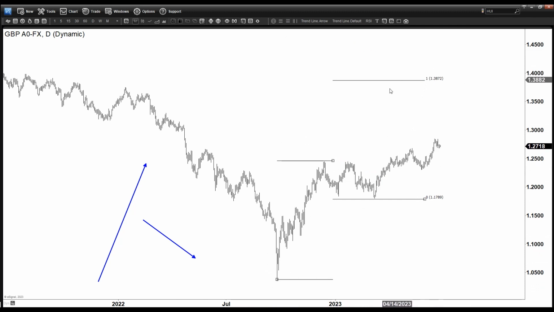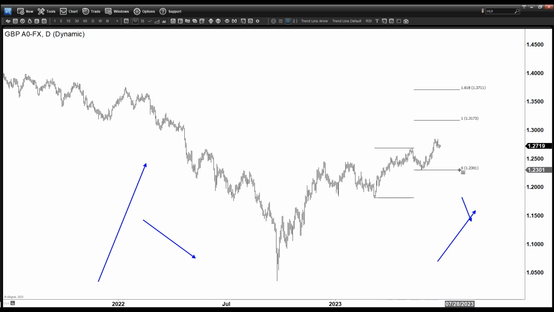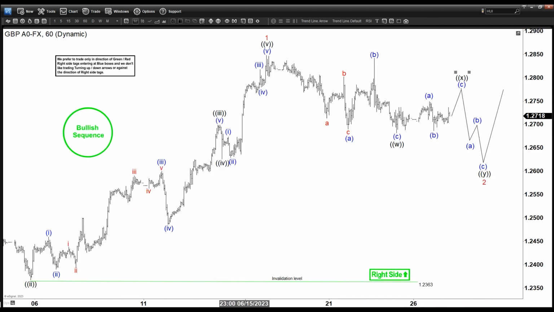Also, if you look at it starting from this low here from March this year, you see a rally, right? And then you see a correction, and then you see extension, right? So if you look at it from the perspective of the March low and just do a simple projection here, this is a rally, a correction, another rally, then the 100% extension is 131.70. So that's why you have a bullish sequence, because you do have a higher high without yet reaching the minimum target, which is technically the 100%. Okay, so going back to the 1 hour,